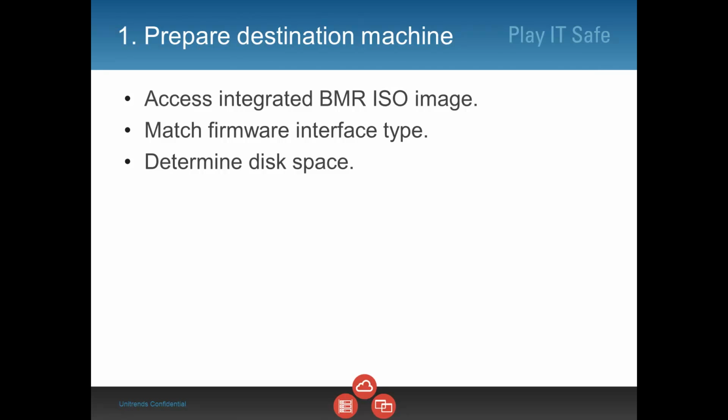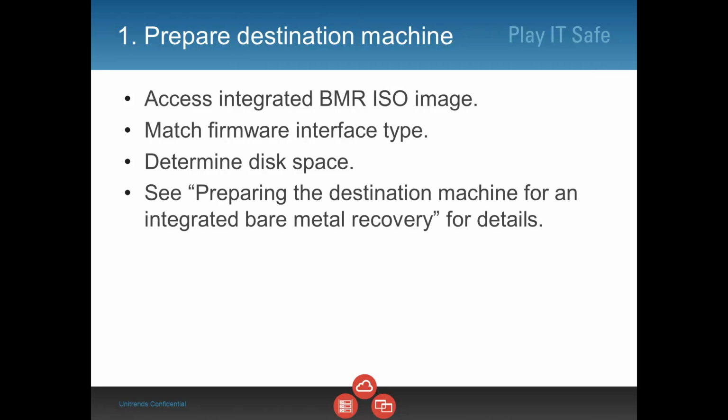It is not necessary for the destination machine to have a disk size that is the same as that of the original client. However, the destination machine must have enough space for the critical volumes from the original client or the restore will fail. For more information, see Preparing the Destination Machine for an Integrated Bare Metal Recovery in the